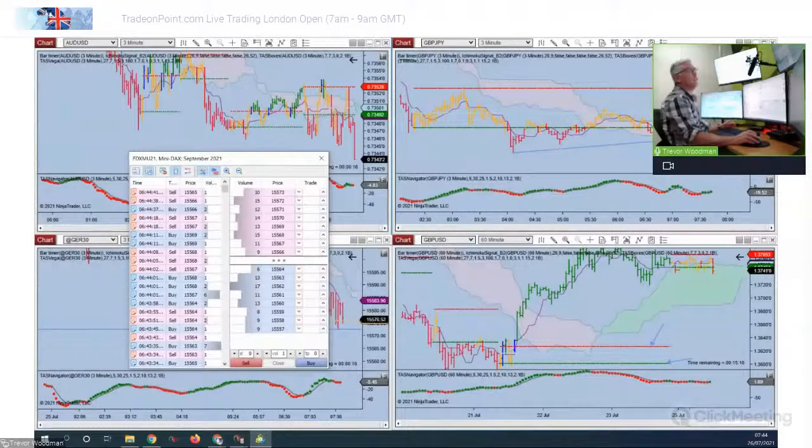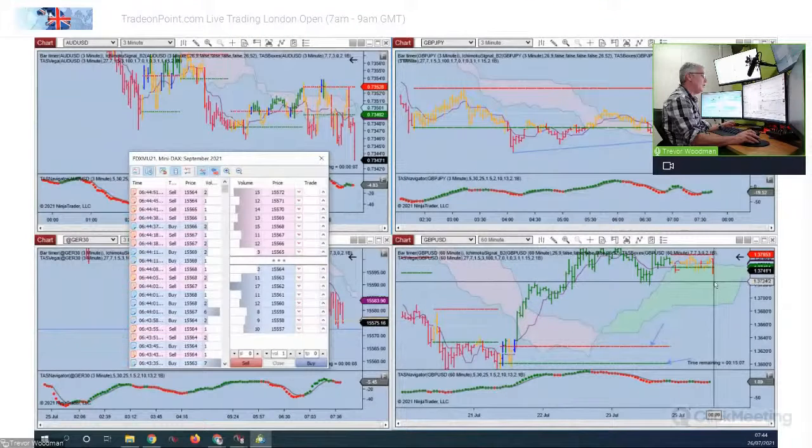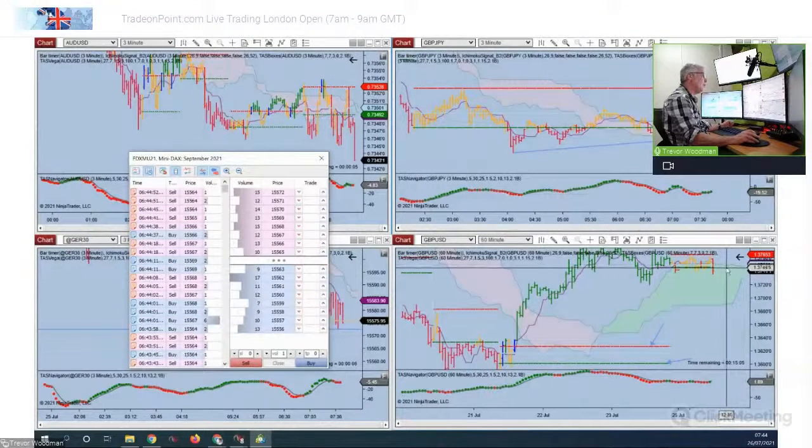So 8 hours still going down. We've had such a massive sell-off on the pound dollar. I'm just reluctant to take shorts on the pound dollar. I prefer to take longs, just looking at the anchor charts. But ultimately,